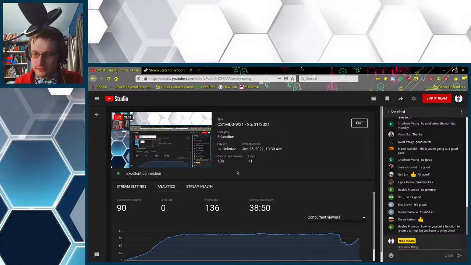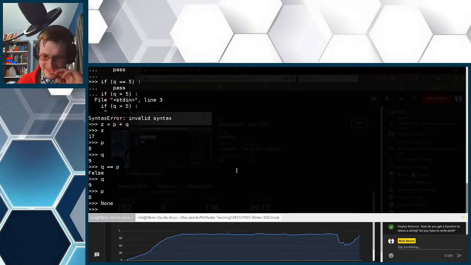How do you get a function to return a string? Do you have to write print? No, actually, there's a big difference there. So if I have def returns string,